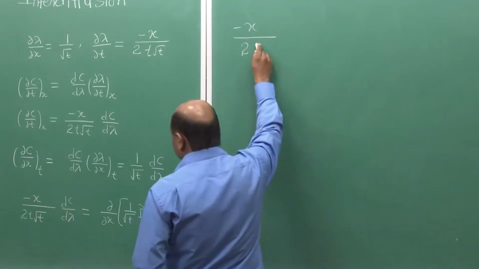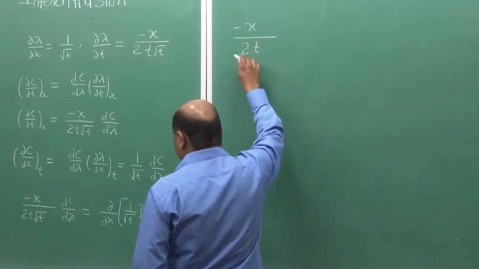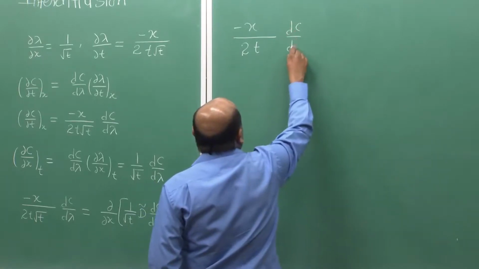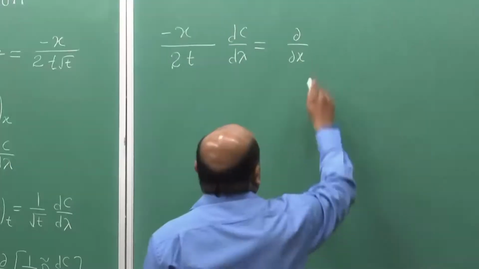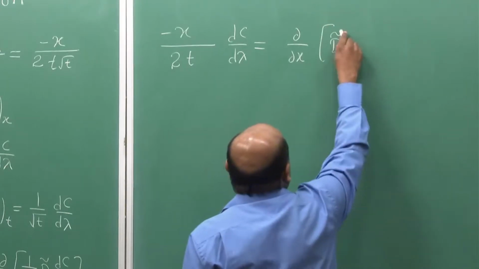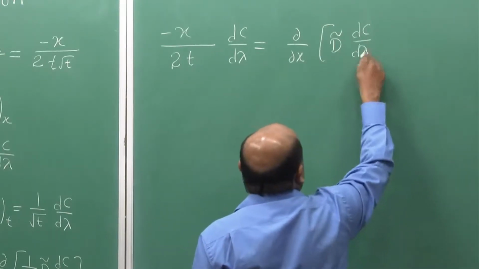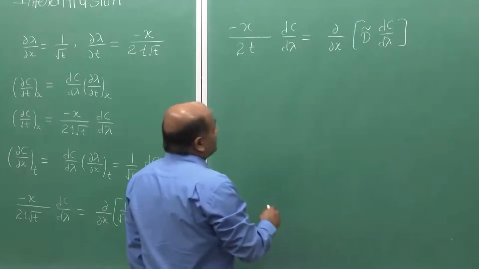So, minus x over 2t dC/dλ of D tilde dC/dλ. Now, this